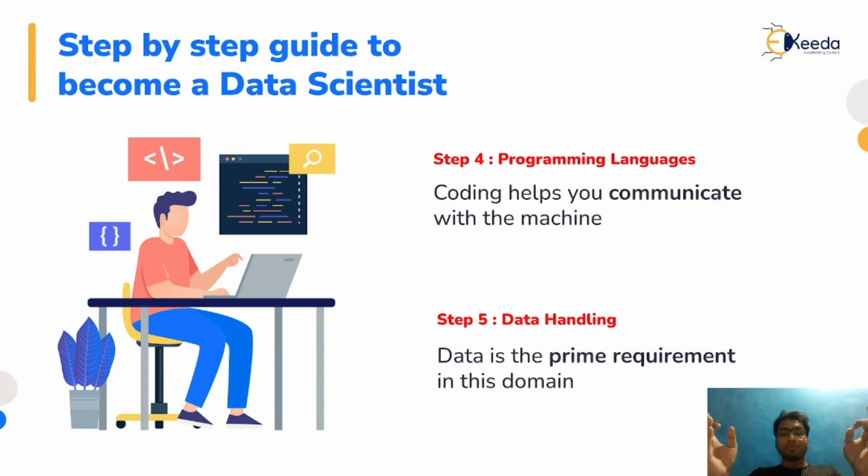When you receive particular data in any form, your next step will be to preserve that data, gather it and transform it in a way that you are able to utilize it. That becomes your step 5 after learning all these core skills. For data handling, there are many techniques a data scientist should know, so ideally a data scientist should be proficient in data handling as well.